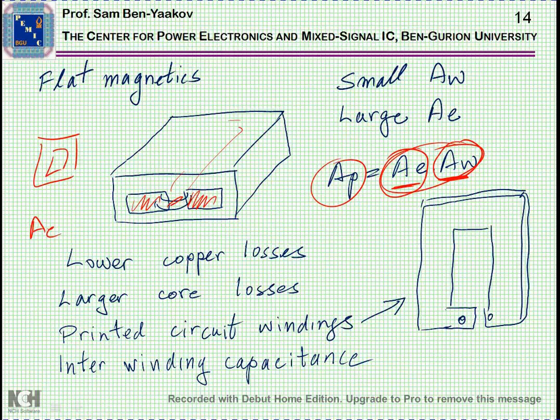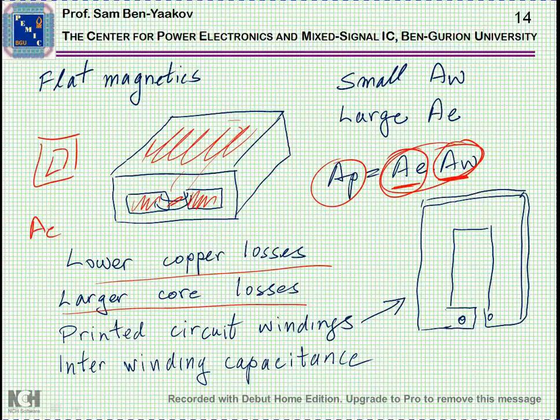It means that you have fewer windings, so you have lower copper or wire winding losses. You have a larger core, so you have larger core losses because the loss is a function of the volume of the core. However, it's relatively easy to cool the core by clamping it to a heatsink, say, and therefore you can remove the heat